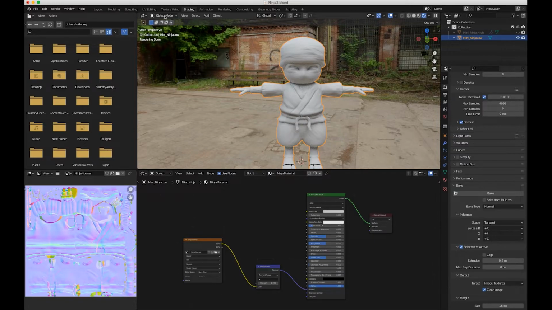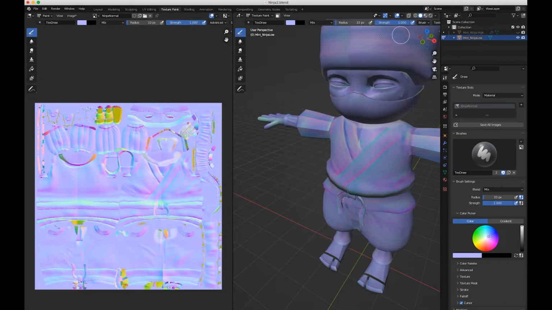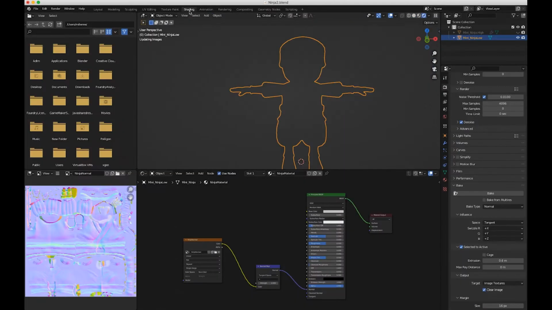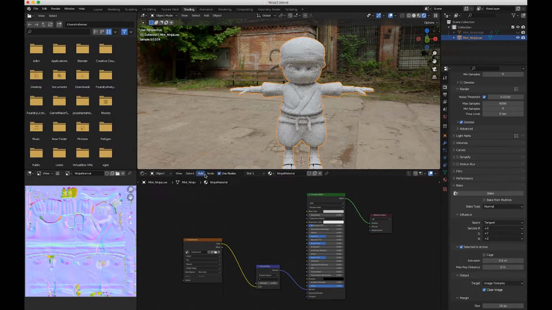You can also come now to your texture paint, and let's just create. You can start painting your character. So let me just go and create. Go to shading mode, and if I create a new texture map,